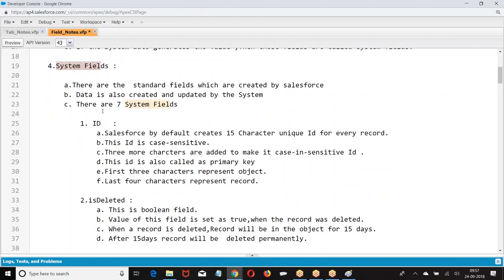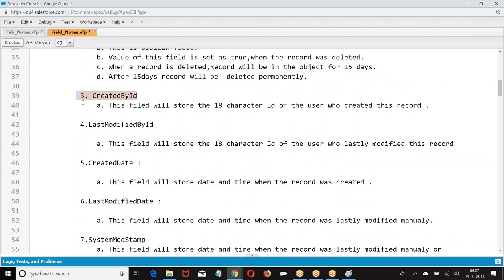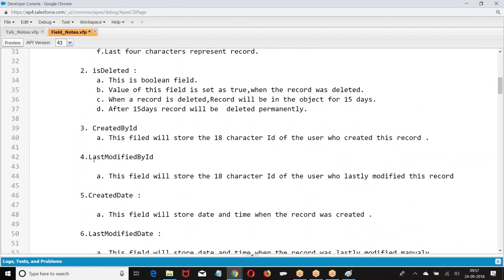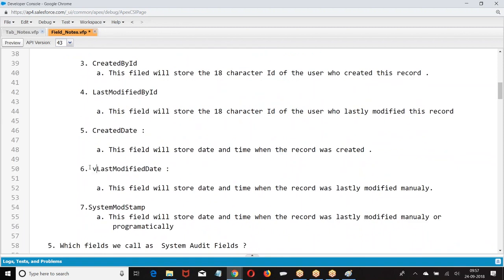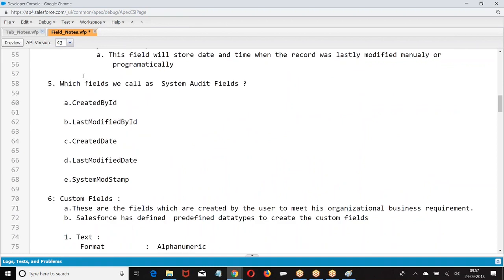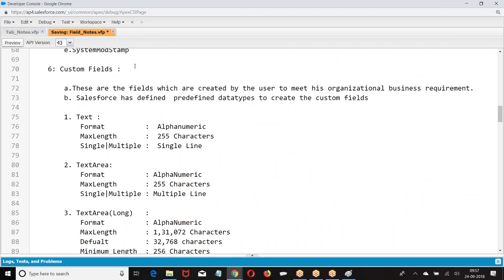Now what are they? ID, is deleted, created by ID, last modified by ID, then created date, last modified date, and system mod stamp. Okay. Now some of the fields are also called audit fields. As per the certification, they will be helpful to you. Okay. Next one, what is the next topic we had?